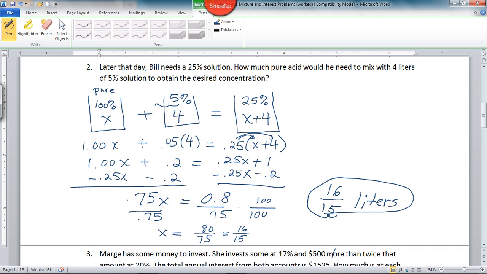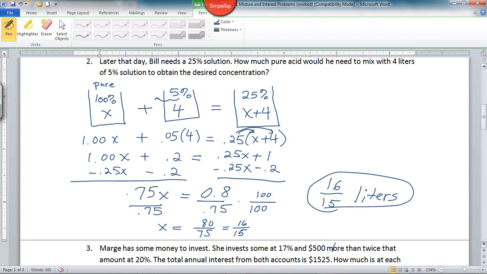All right, so that's our couple of examples of a solutions problem. Let's move to